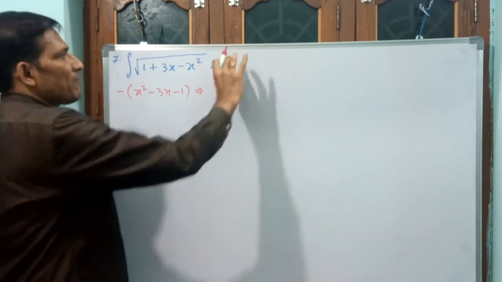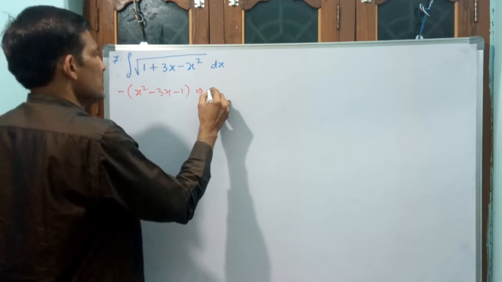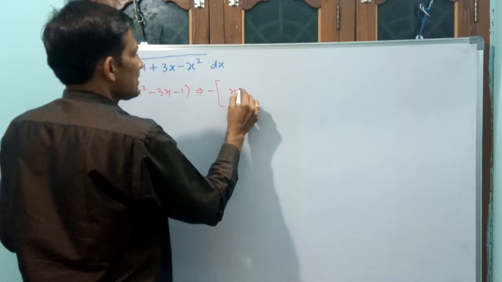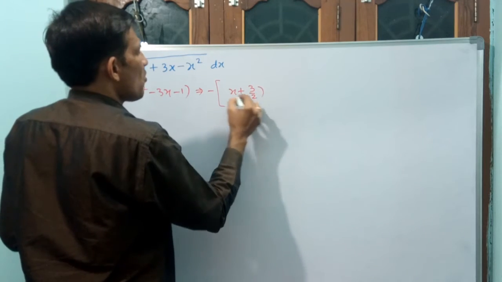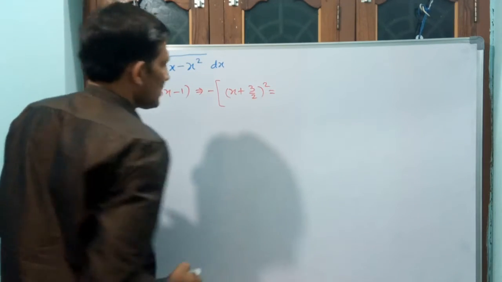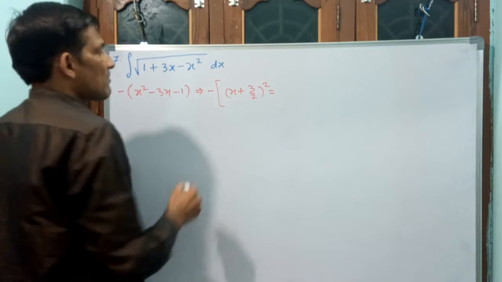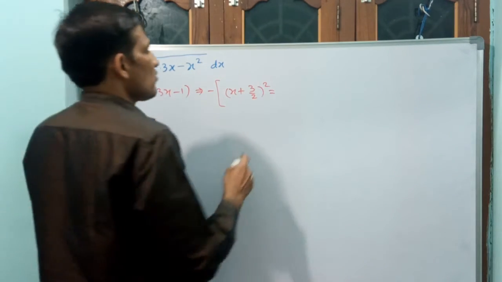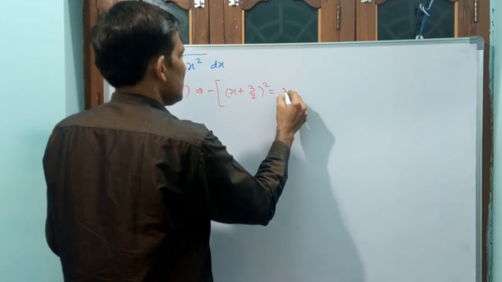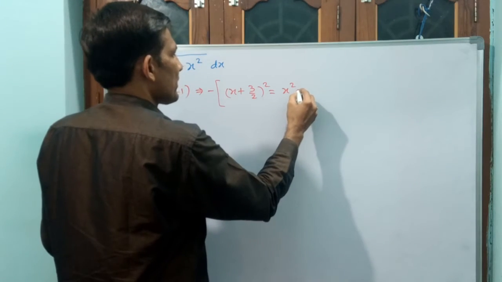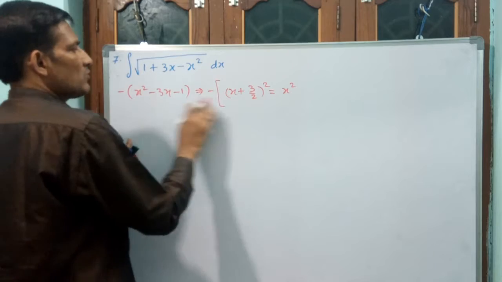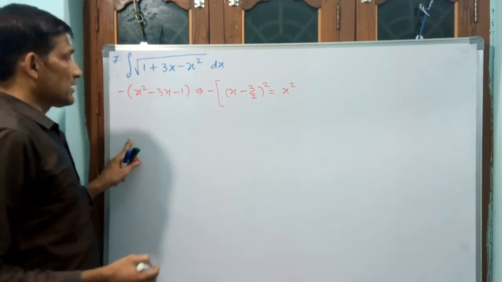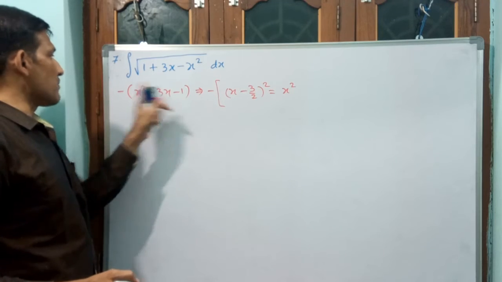Now you see, implies I am keeping. We will do rough work, then finally we will write here. See what I am doing. Minus of x plus 3 by 2 whole square. What will happen? I think minus we have to keep: x minus 3 by 2. Okay? x minus 3 by 2. Why? Because here x is there. Outside minus I have taken common.